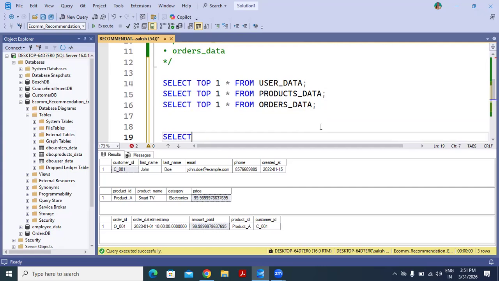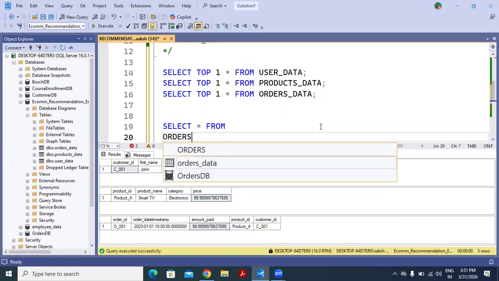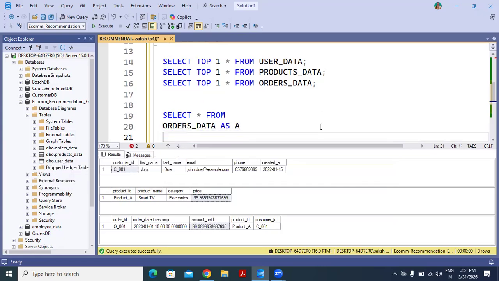So let's join it. Select all from table 1, that is orders data. And now we need the category for each order, so we need to write the inner join.